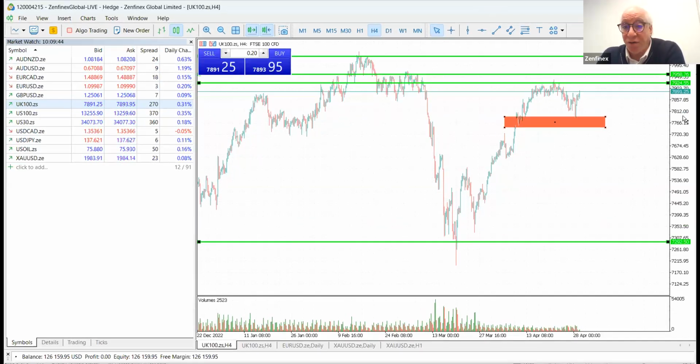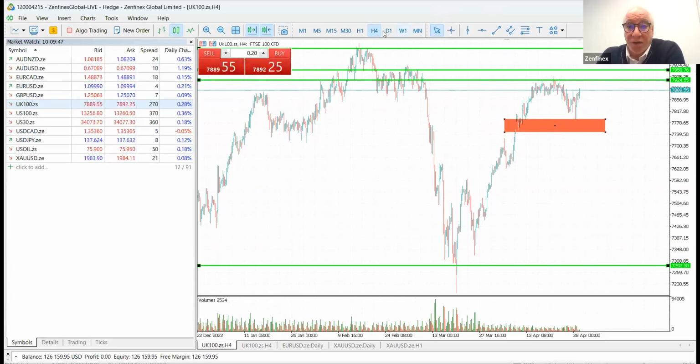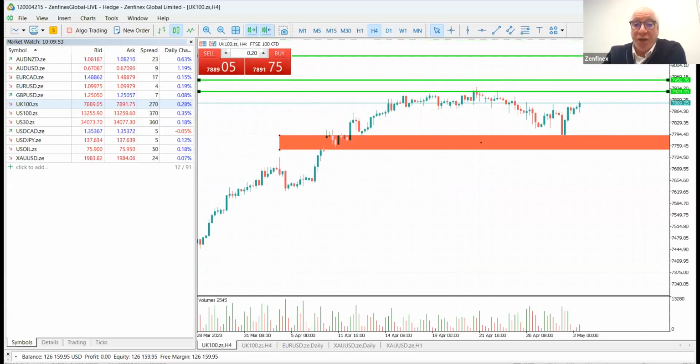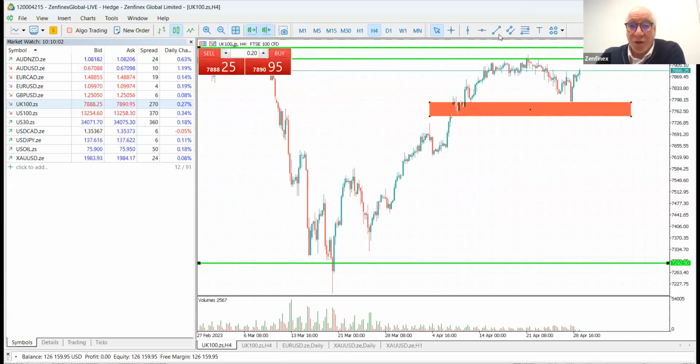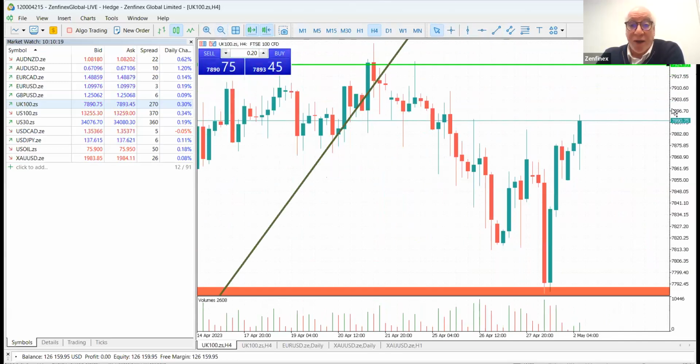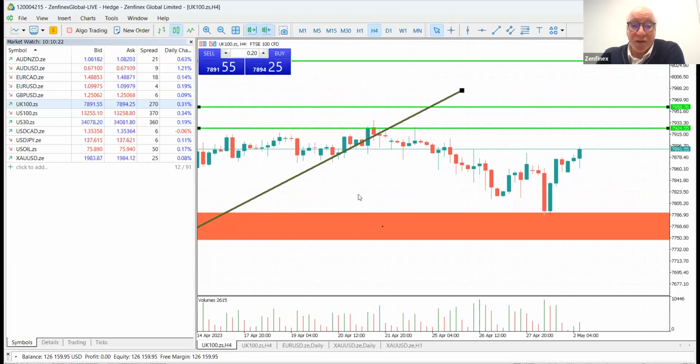Remember, these are 4-hourly bars. So now let's go a little bit closer into the price action and see where we would be looking for trading opportunities. Those of you who follow me in these webinars know I draw trend lines to see when they get broken, and then I look to see if I have any channels appearing. So I'm no longer looking at a buy at the moment because this trend line has broken. We've created a channel